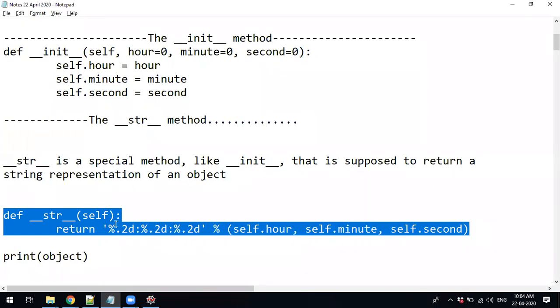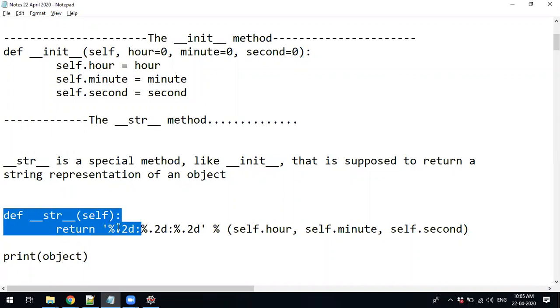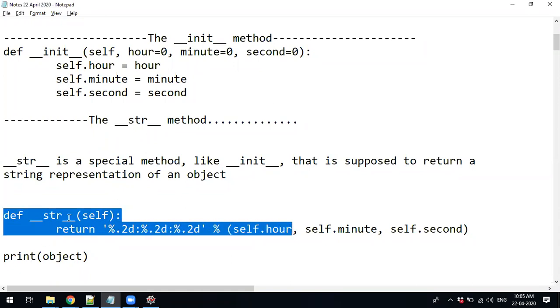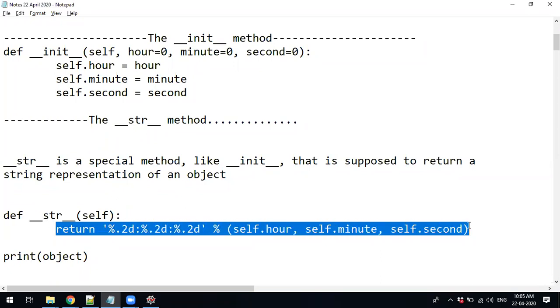If you don't write it, the Python library has already written this str method, and it will print the address of the object. If you write this method in your program, it overrides that function, and the library str function is not called. Whatever you write in your program, that str will be called and implemented.